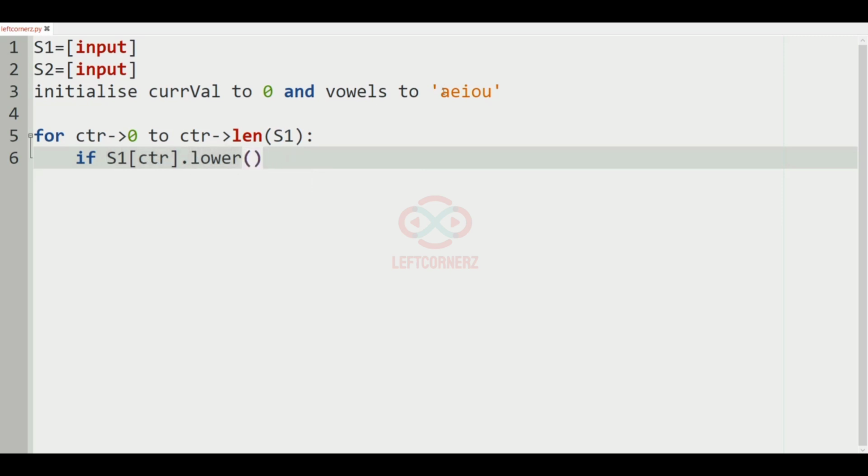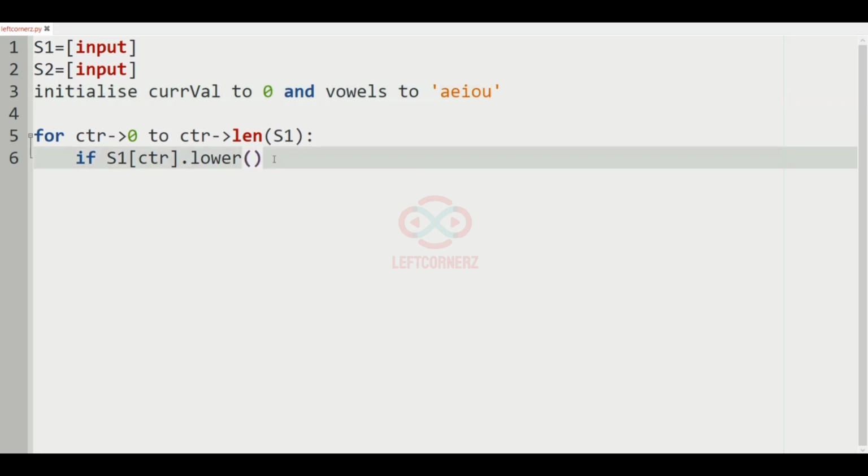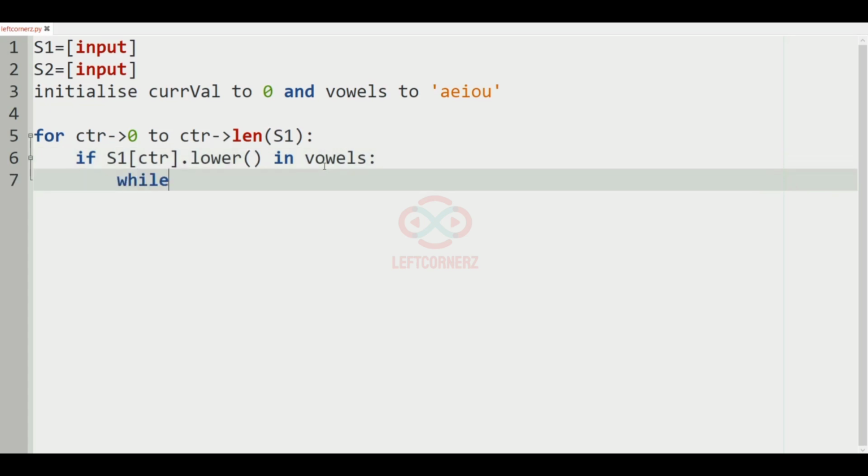So vowels A, E, I, O, U. In vowels. Now when this condition is true, we have to write another condition. So we are using a while loop. We have to use a while loop. When this condition is true,